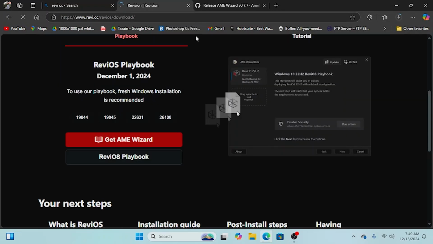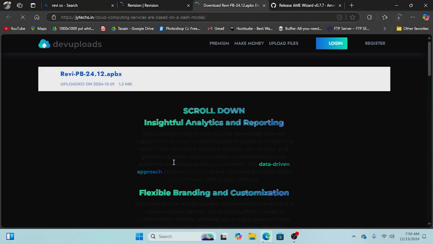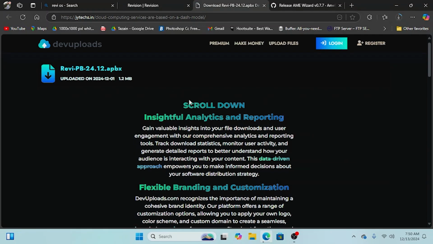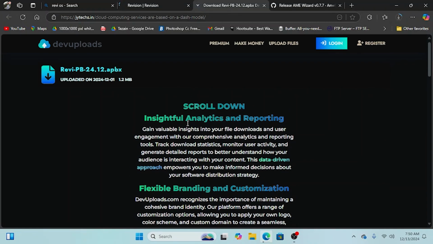Now if we get back to this page right here, make sure you don't close this because we need the playbook. Now this playbook is kind of like a set of instructions for this wizard that we are using, which will do dark magic on our system. And you'll see in a little bit when we install it why we need this in the first place. So I'll just get here and then scroll down, and you should see a download button when you scroll down. So this is the file that we need,